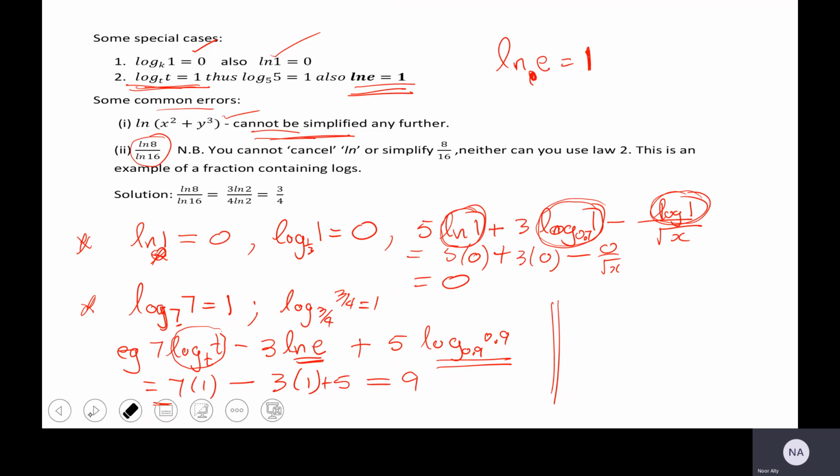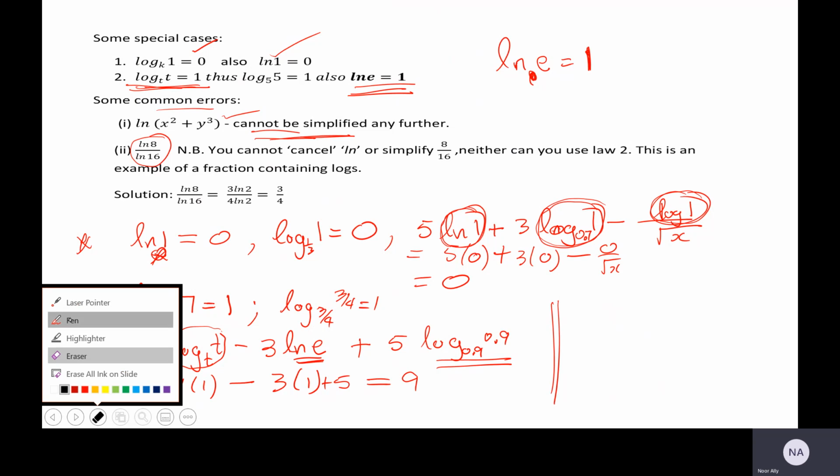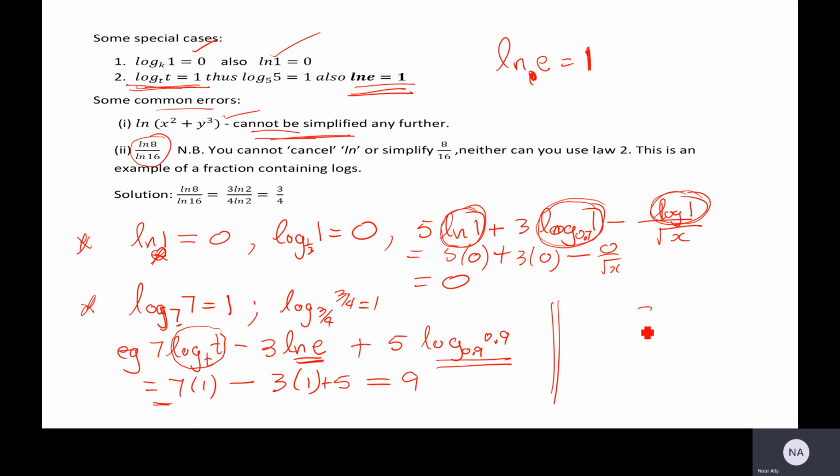And why do people cancel? Because it's so easy. It's so tempting on the eye. You've done it so many times in the past. You know, when you got, oh yeah, cancel x and x, 2 goes into 4, so your answer. You've done it so many times before. That's why you tend to, but now I'm emphasizing, I am highlighting, I am trying to force you to think